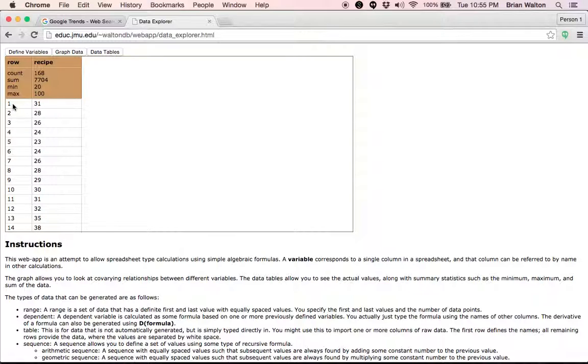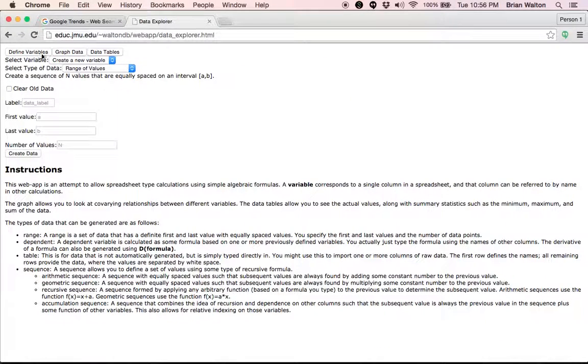It's just like in a spreadsheet, I've got these in rows, but I'm not going to refer to these by letters. I actually get to use my variable name. Well, I want to add a new column for my time in hours. So let's go back and define a new variable. This is actually an arithmetic sequence. I am going to call this variable my time,